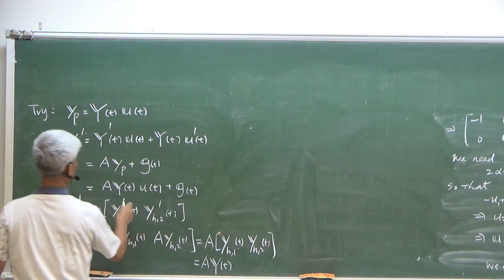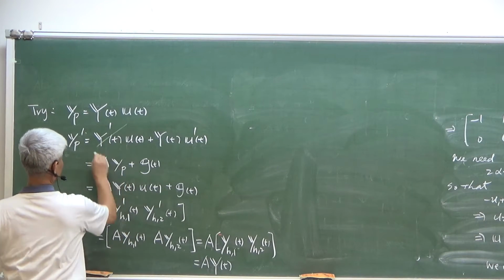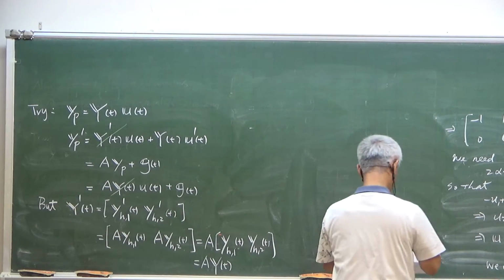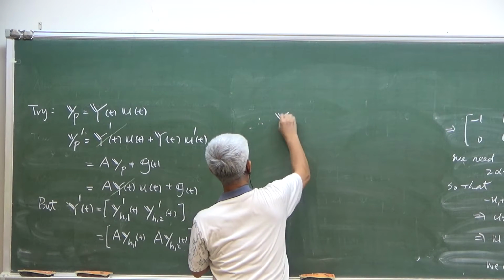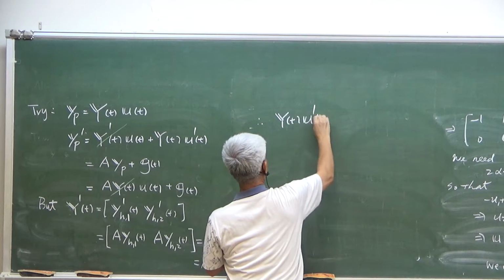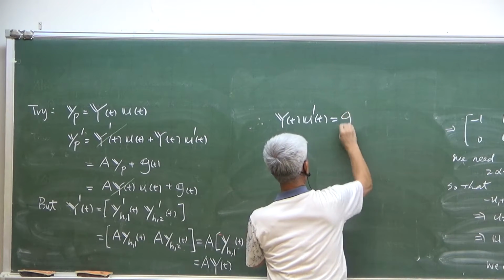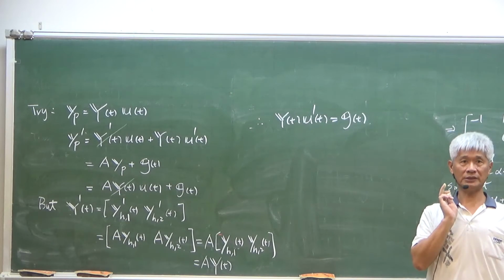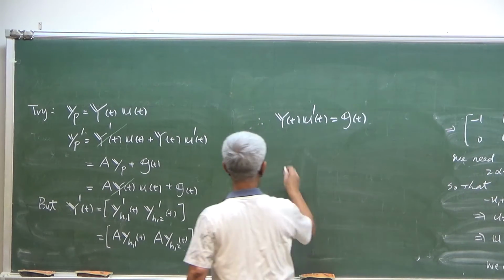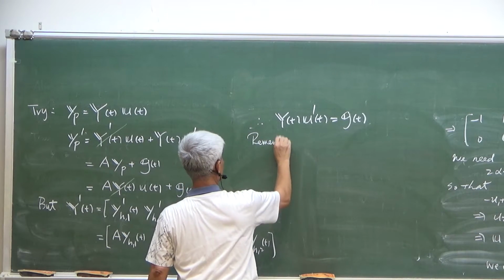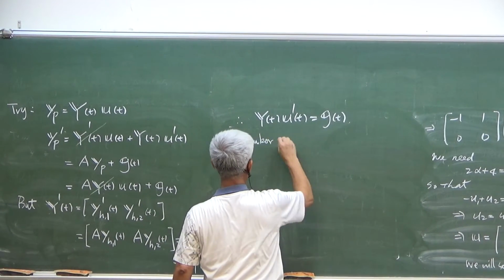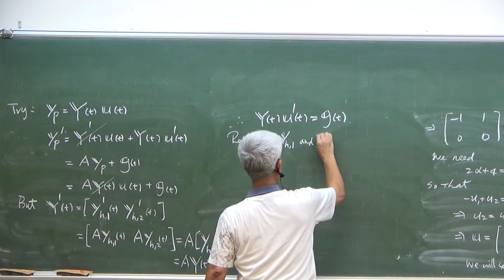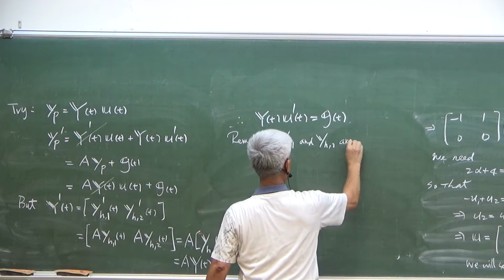Okay. So you can see that. You can cancel them. You can cancel them. So finally, you get YP times U prime P is equal to G. Okay. So you get a matrix equation. And remember,